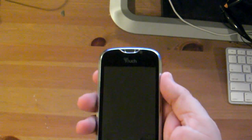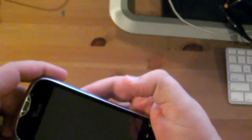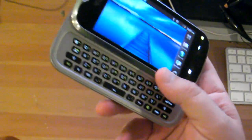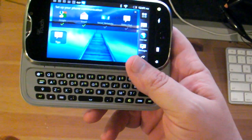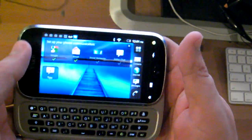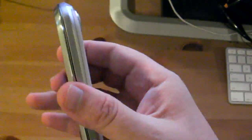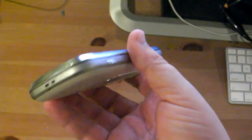This is 9 to 5 Google, and we're here with the My Touch Slide 4G on T-Mobile today. It's obviously a slider. The screen is 3.7 inches and a 480 by 800 resolution. You can tell the screen's got pretty good angles. Looks great. We're kind of liking the QHD displays now, especially in high-end phones, but this is a pretty small